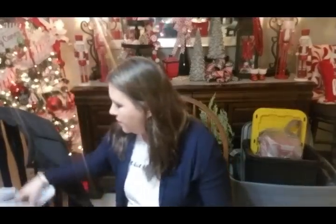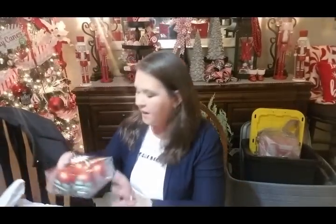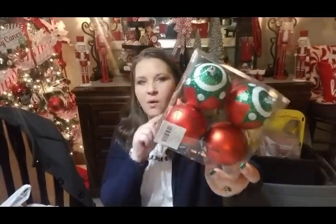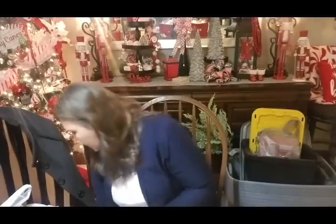I'm going to try to set this down here on the floor. And then I just picked up a little thing of ornaments just because I thought they were super cute. They have kind of an elfish look, I guess, is what it reminds me of. So it would go out there on my elf tree. And then